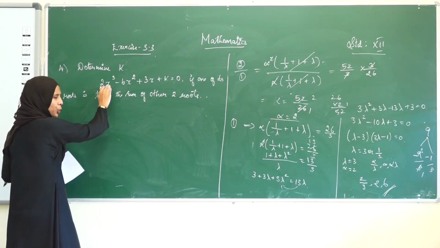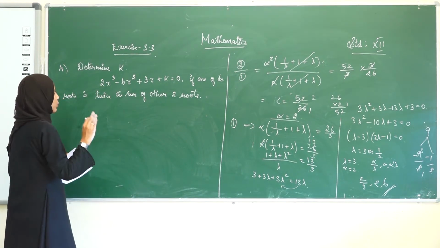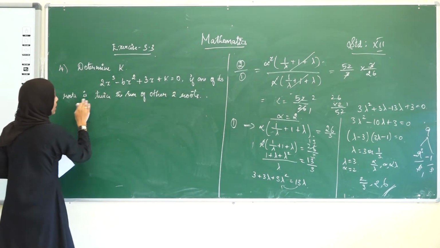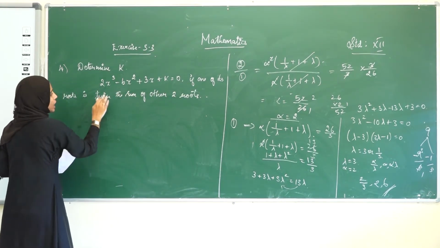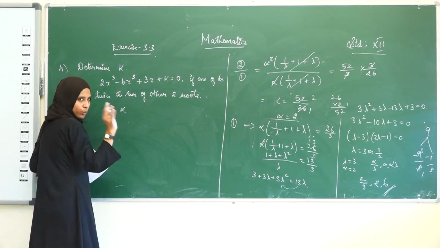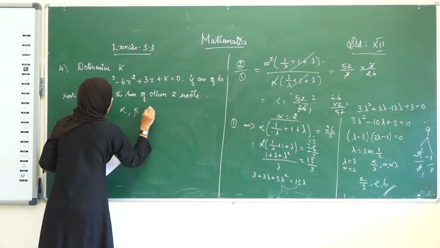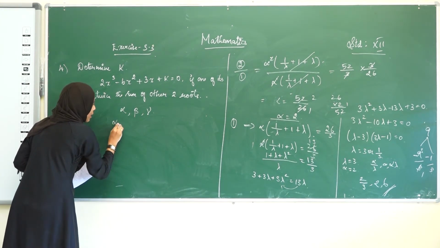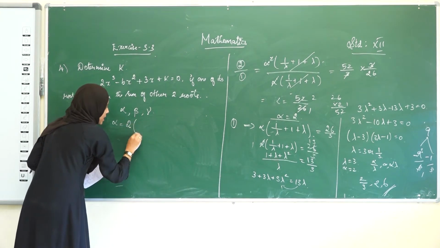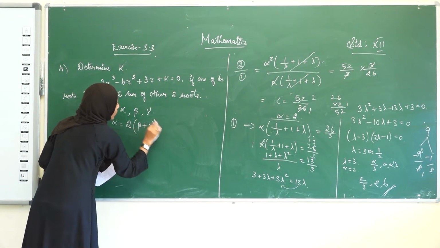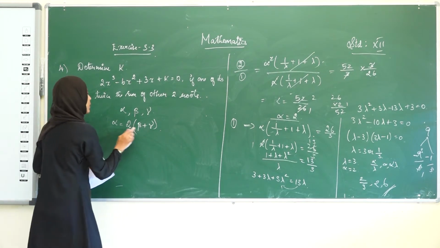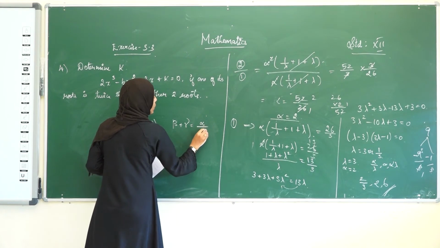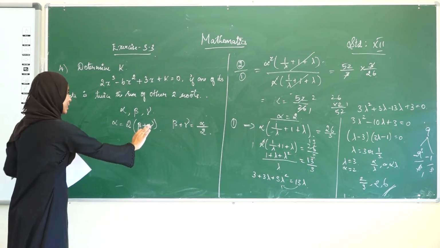See here they have given a cubic equation, okay. So automatically there will be 3 roots. So what they have given is a condition that one of its roots is twice the sum of the other roots. First, it is a cubic equation, therefore we are taking 3 roots, alpha, beta and gamma. So the condition, one of its roots is equal to twice the sum of the other 2, therefore alpha is equal to twice the sum of the other 2. This is the condition they have given. From this we can write beta plus gamma is equal to alpha divided by 2.